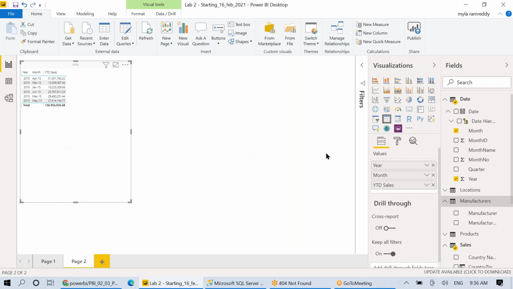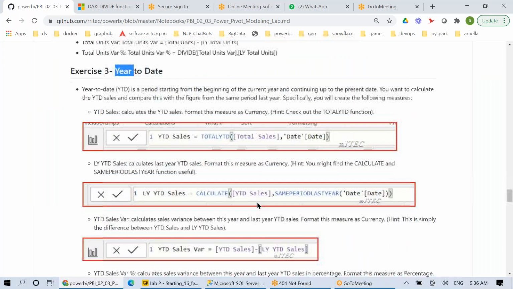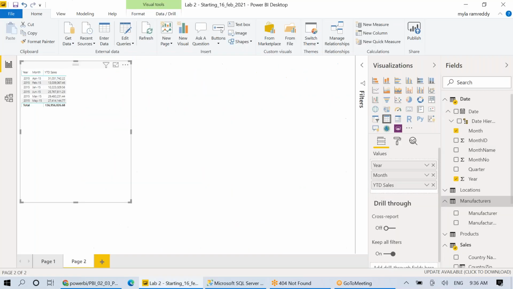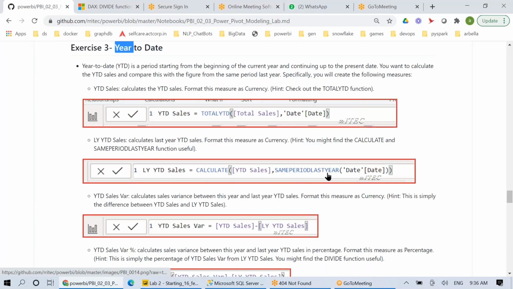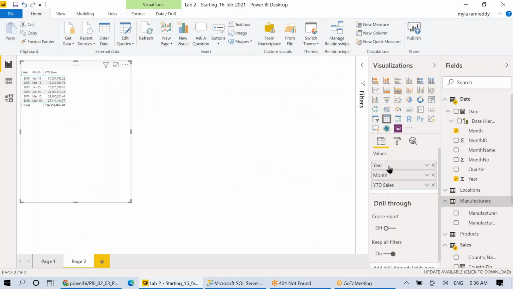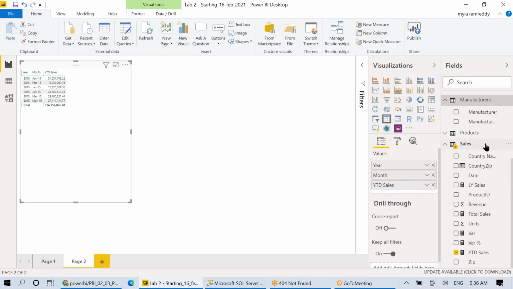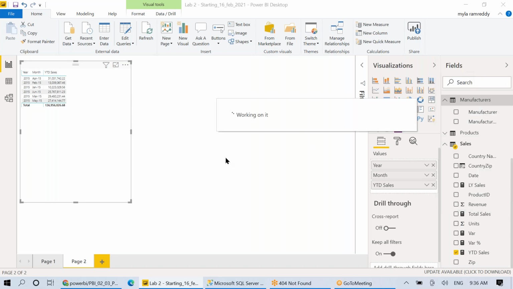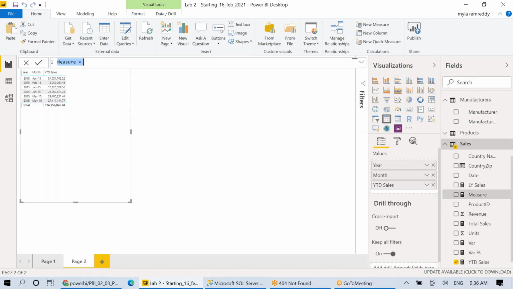Now let us go and try to calculate last year's sales. How much is it? We'll try to calculate it. We need to do it similarly: CALCULATE, then YTD sales, using the same period last year function, then the date column. So let us go and try to use this. We are going for the sales table, then new measure. Last year